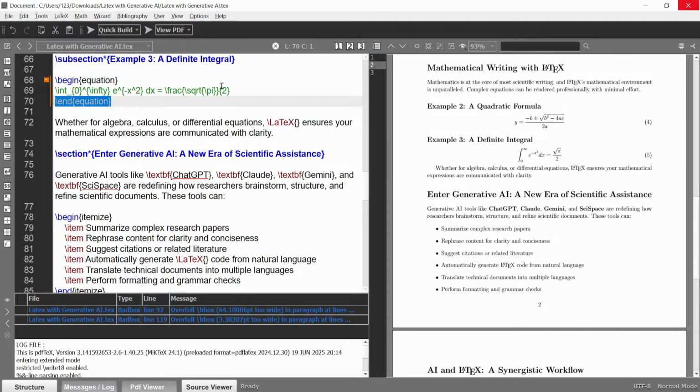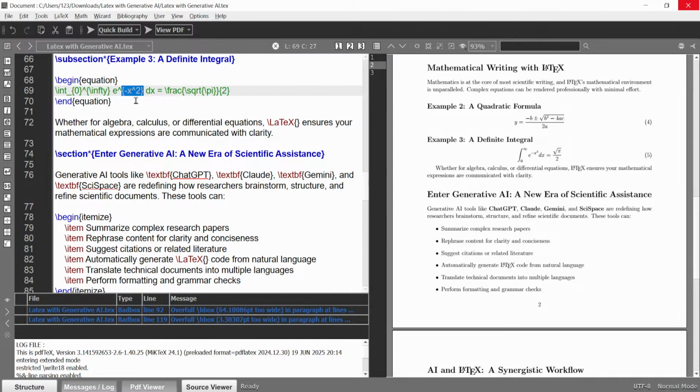So here you can see this is the int. Int is used for the integral sign, and for the lower limit underscore 0, this is the lower limit, and cap, this is the upper limit. Okay, cap upper limit, then e cap minus x square.